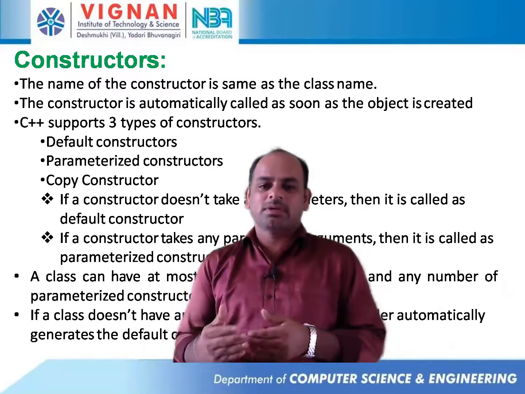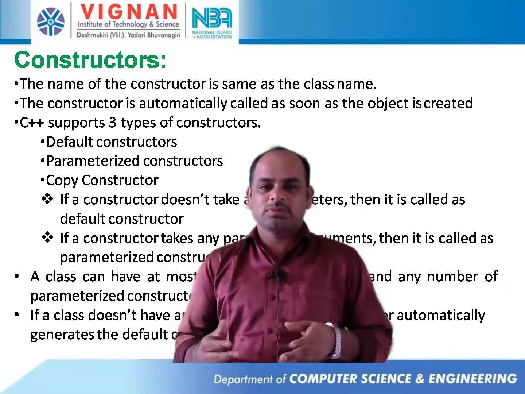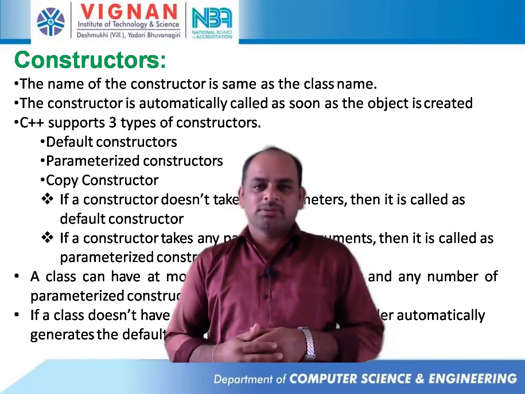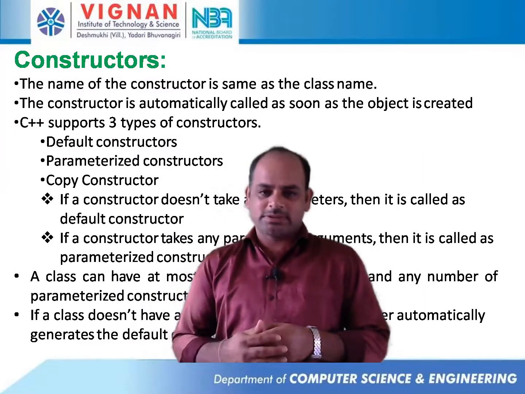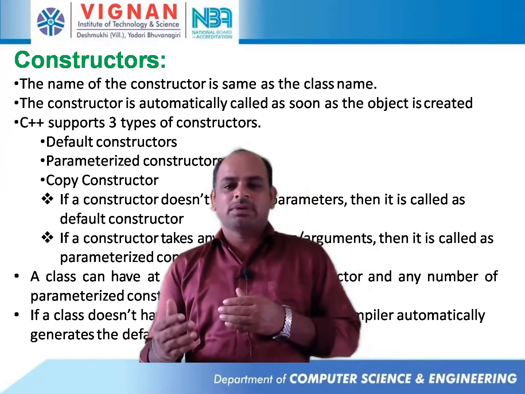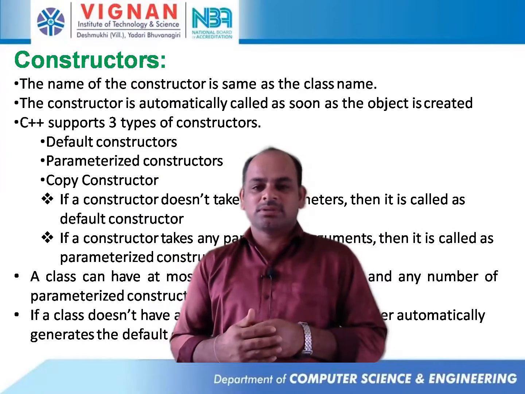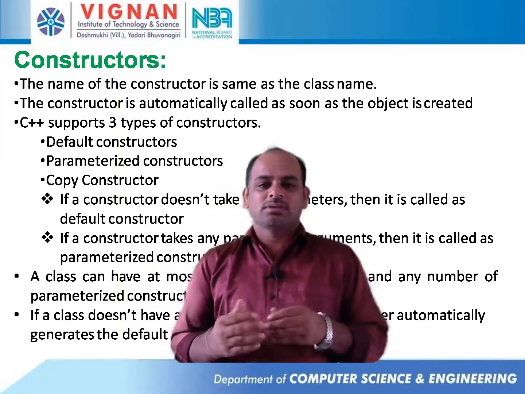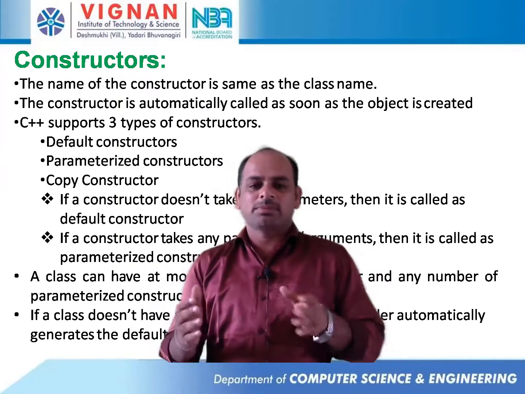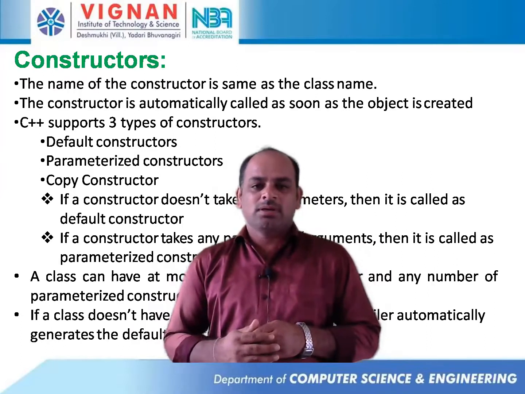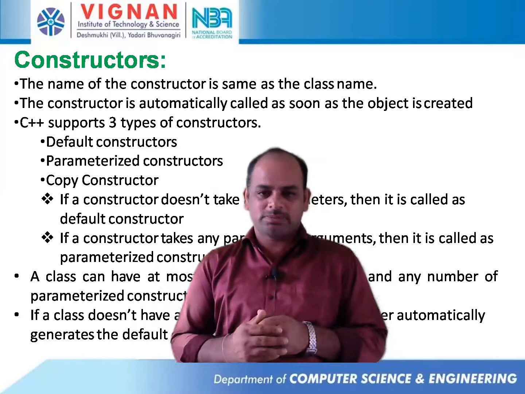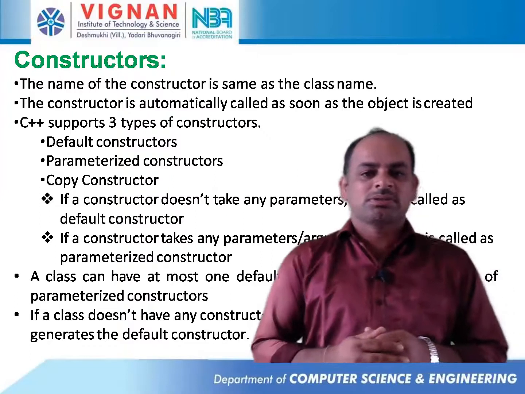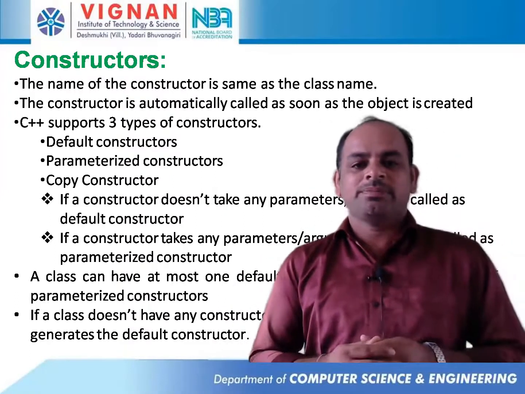Already we have some idea about constructors. In previous examples we used constructors. So a constructor is nothing but a special member function, but its name is the same as our class name. A constructor is used for initialization of the object, and it is called automatically when an object of that particular class is created. And constructors don't have any return types like our member functions. Every member function will have a return type, but constructors don't have any return types.